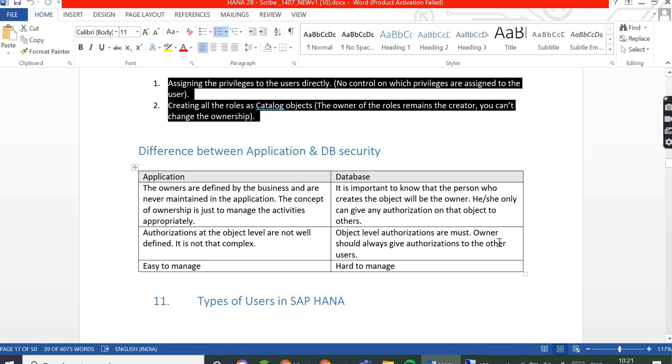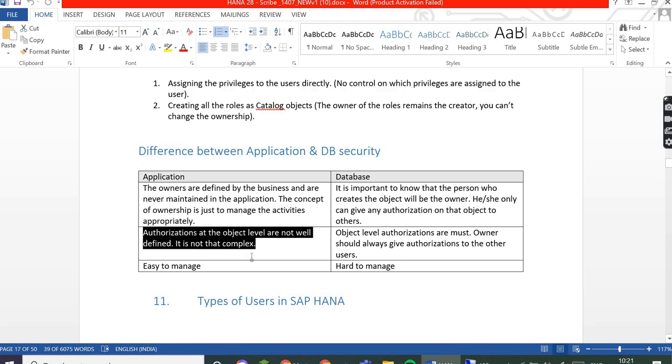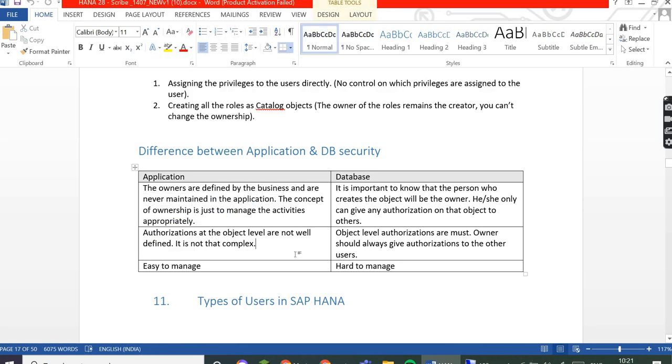The owner should always give the authorization to other users. The person who created the object becomes the owner of the object, and only he can assign these privileges or the ownership to other people. But in the application we don't have any such restriction.